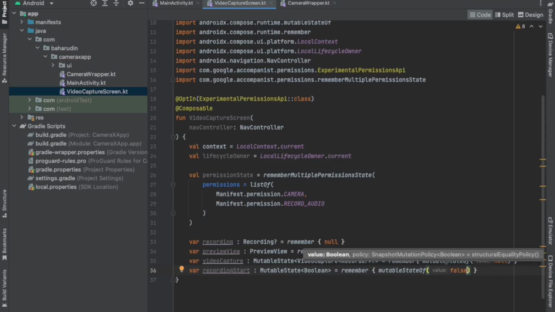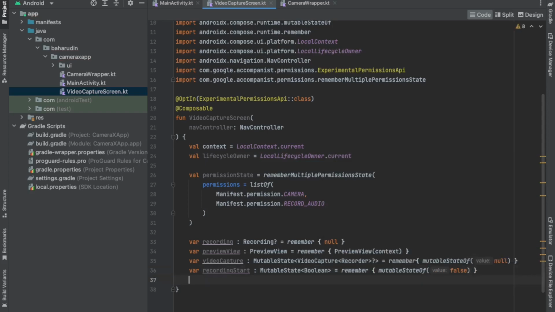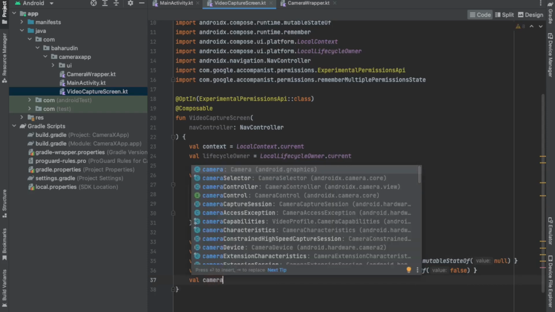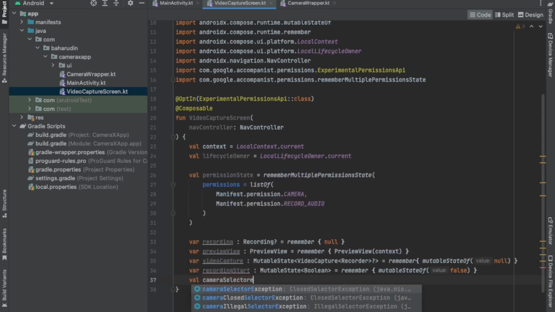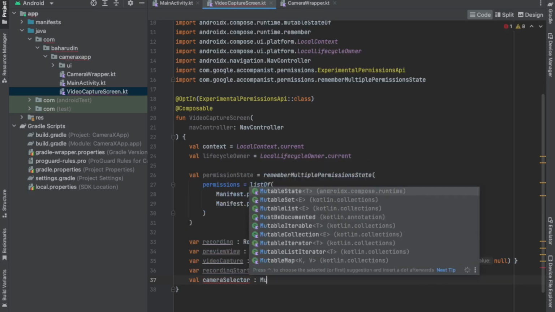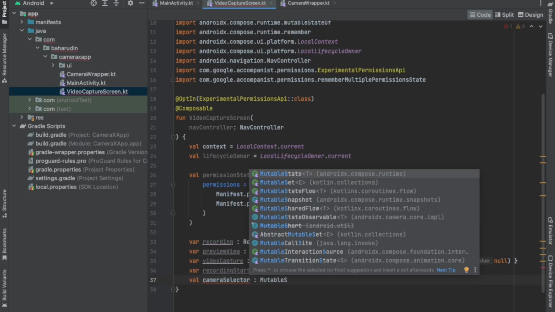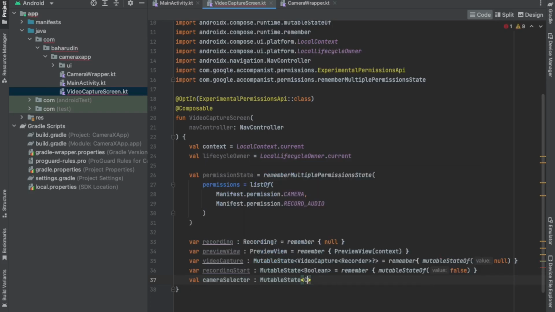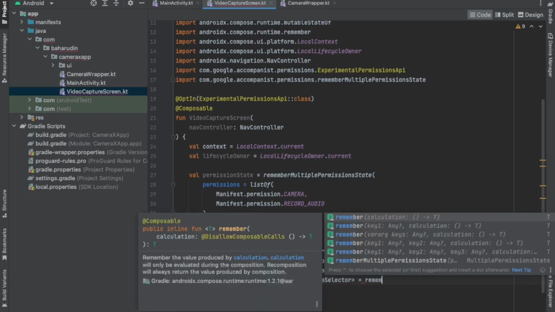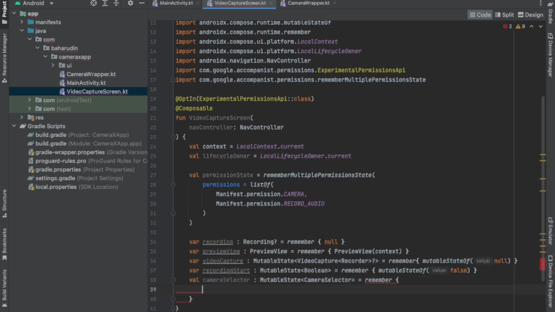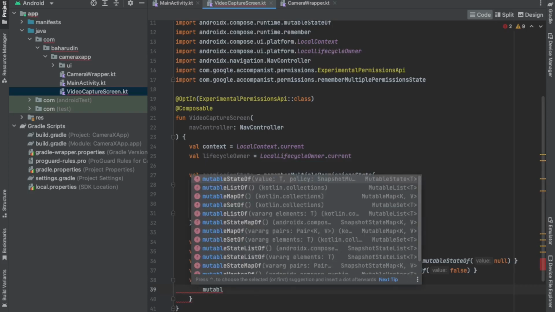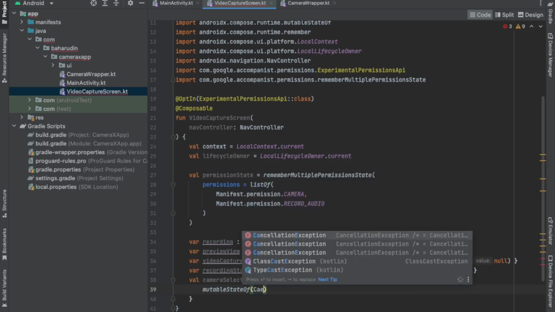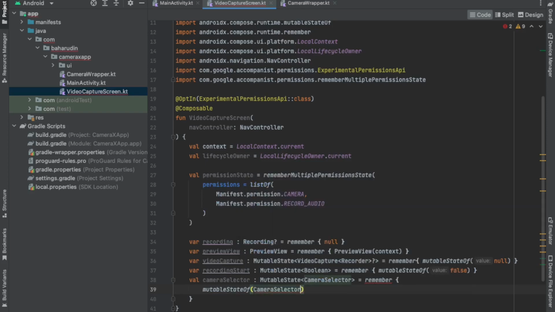Okay, next I will create for the camera selector and mutable state for the camera selector is equal remember mutable state of camera selector dot default back camera for back camera,